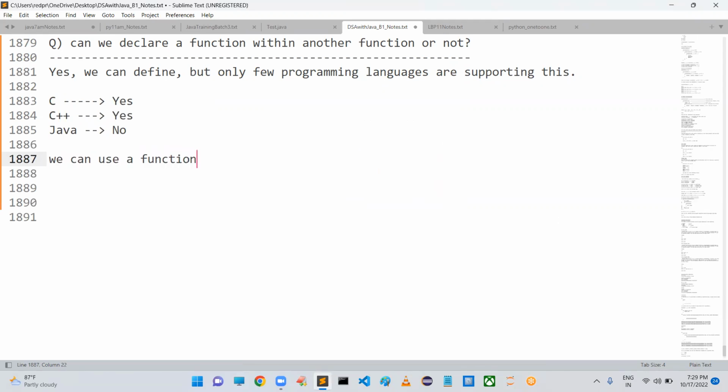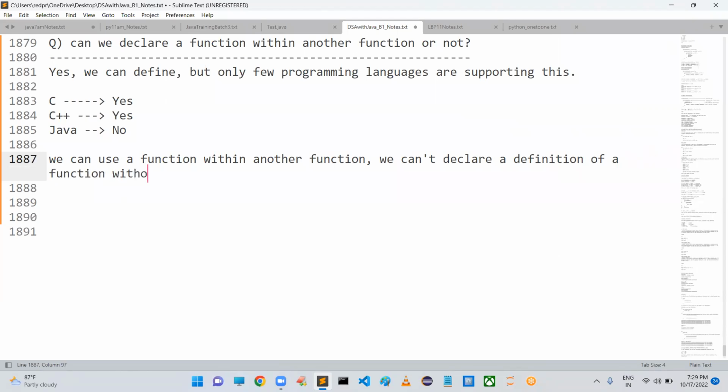We can use a function within another function, but we can't declare the definition of a function within another function.